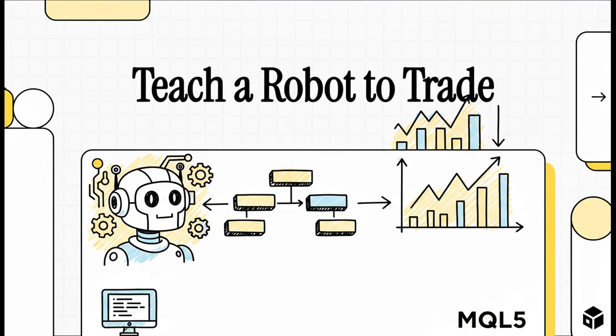All right, let's just jump right in. Today, we're going to build the very first piece of logic for an automated trading strategy. And look, this is not about some crazy complex algorithm. It's about taking one simple rule that's in your head and teaching it to a machine using MQL5. By the time we're done here, you'll have a real piece of code that actually makes decisions based on what